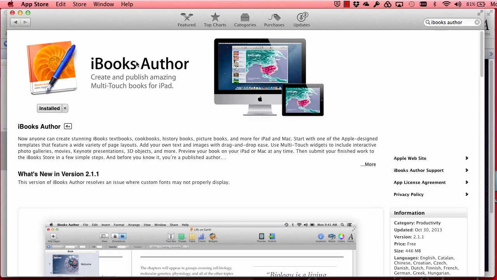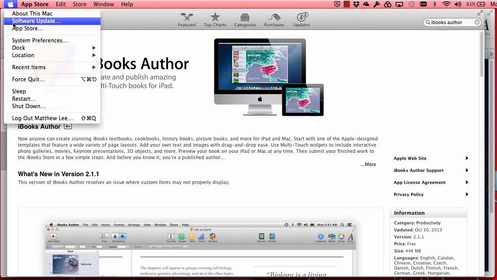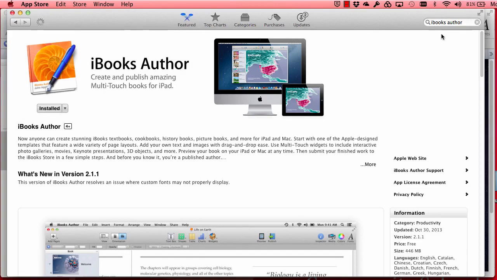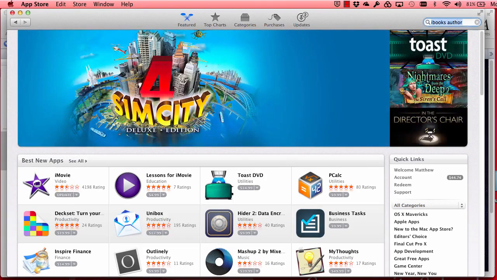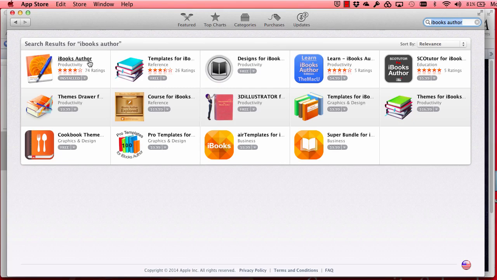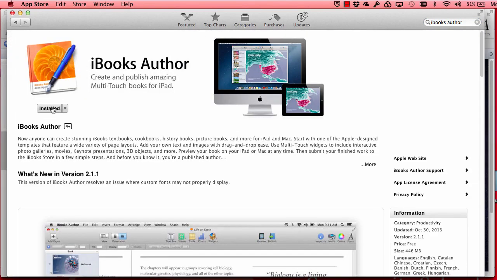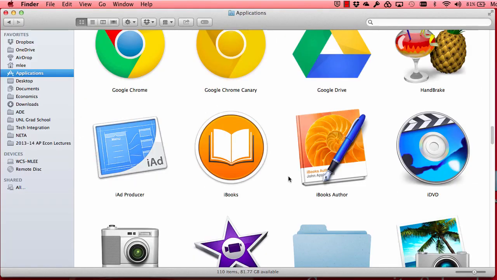To access the App Store, simply go up to the Apple menu and select App Store. And then when it comes up here, just search for iBooks Author and then go to the iBooks Author page and click Download. Once you have iBooks Author installed on your computer, to launch it, go to the Applications menu